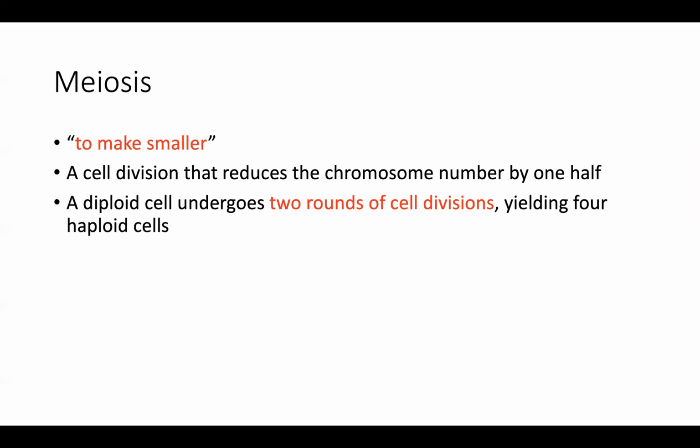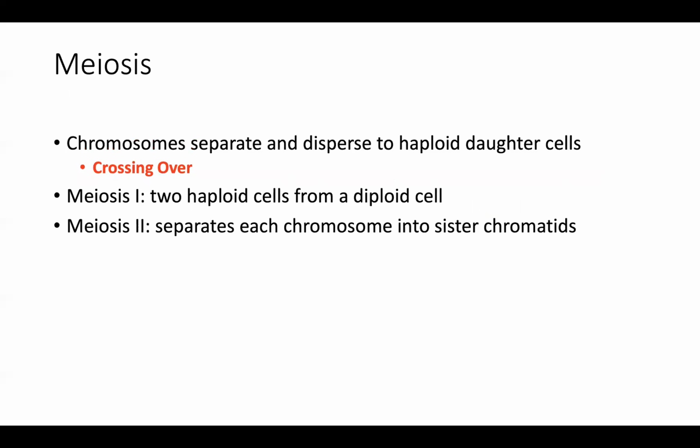This is completely different than what's happening with mitosis. We saw mitosis where we undergo 1 round of cell division and make 2 daughter cells that are genetically identical. Meiosis is a little bit different because it undergoes 2 rounds of cell division, and then yields 4 haploid daughter cells that are genetically different. So not only are they haploid in number, they will not have the same genetic makeup.